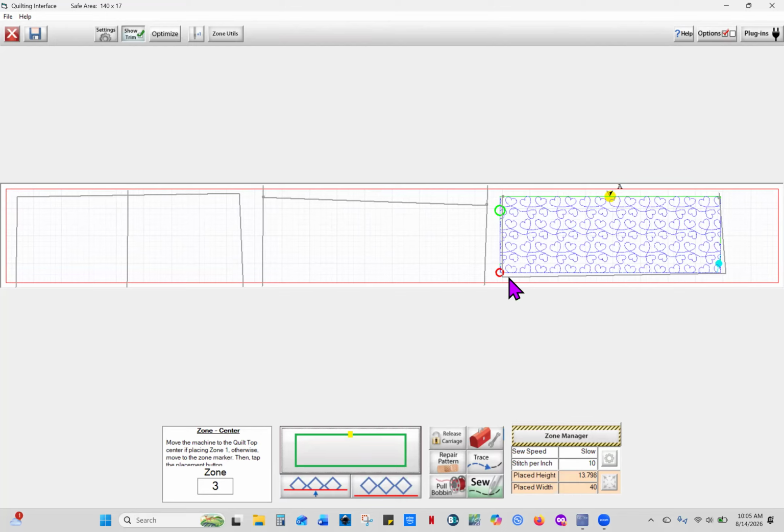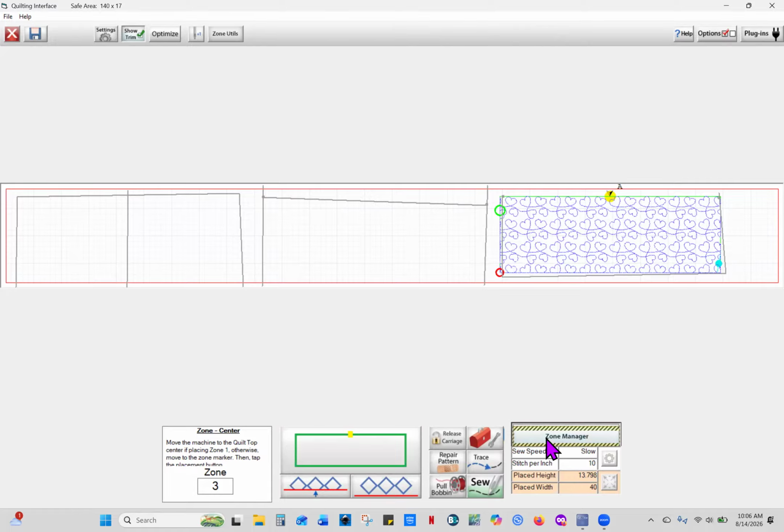So we would either have to be happy with this not stitching out, or we'd have to go back a zone and stitch the zone ahead of us, and then the final zone with the partial diamonds, and just sew that little tiny sliver right there. But that is what we would have to do if we use center point placement because we don't have any options. So now I want to show you the difference,